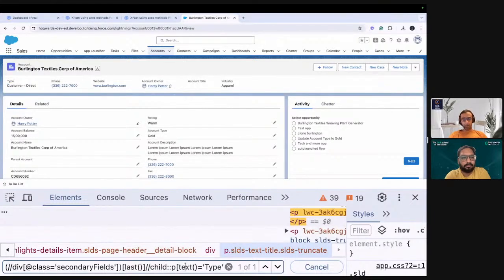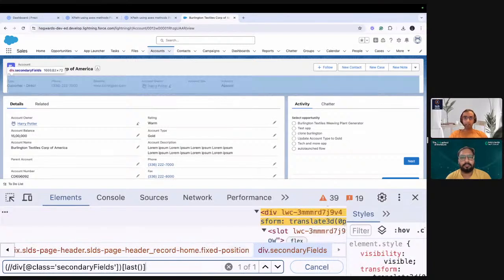So I'll explain the XPath, don't worry, but for now, just see. Using this XPath wherein the child implementation is there, when I press enter, it's highlighting the type field for me, right? On the upper left corner, the type field is being highlighted in blue. I have identified this web element using the concept of child. How have I done it? What I'll do is I will go ahead and